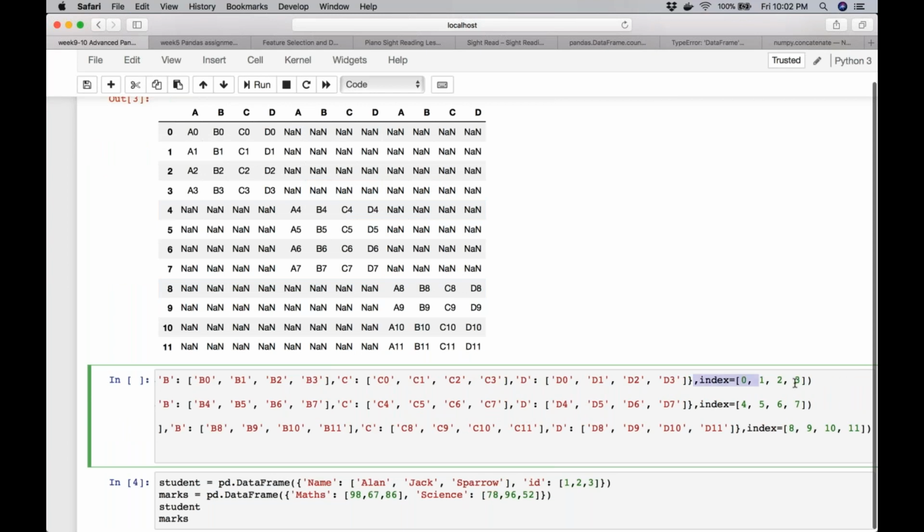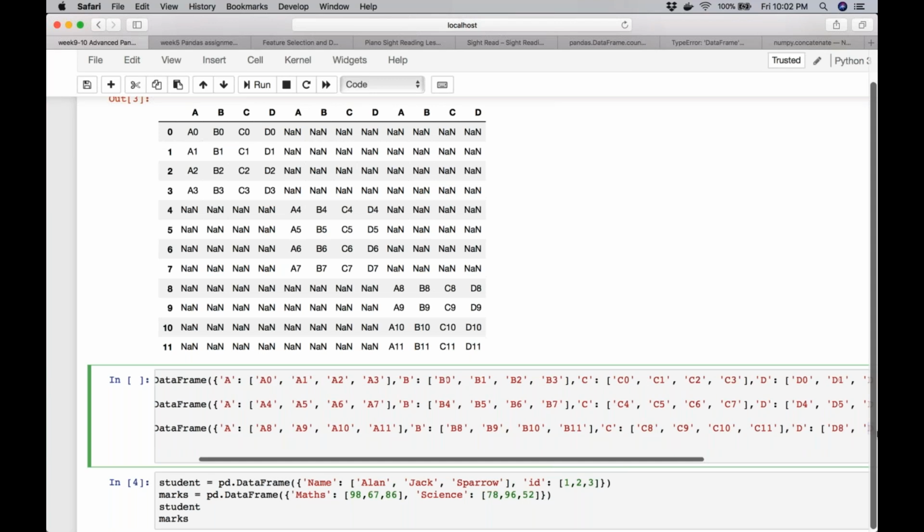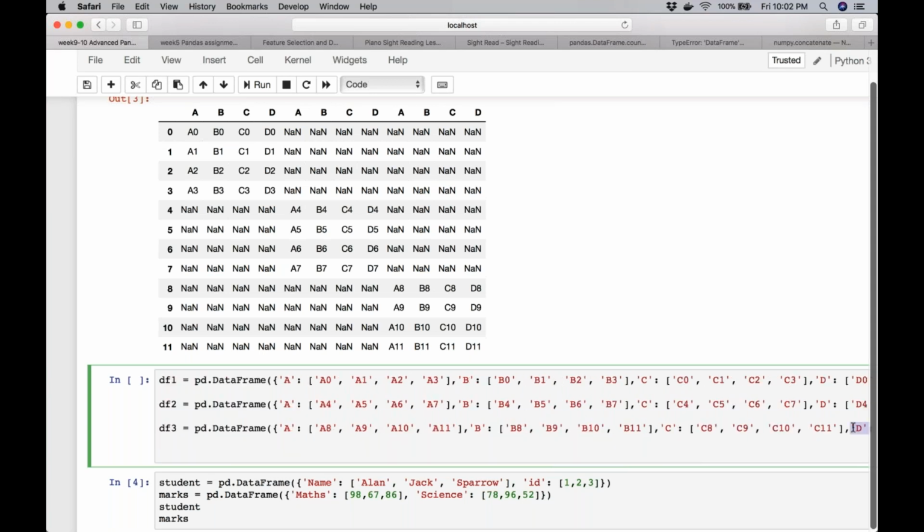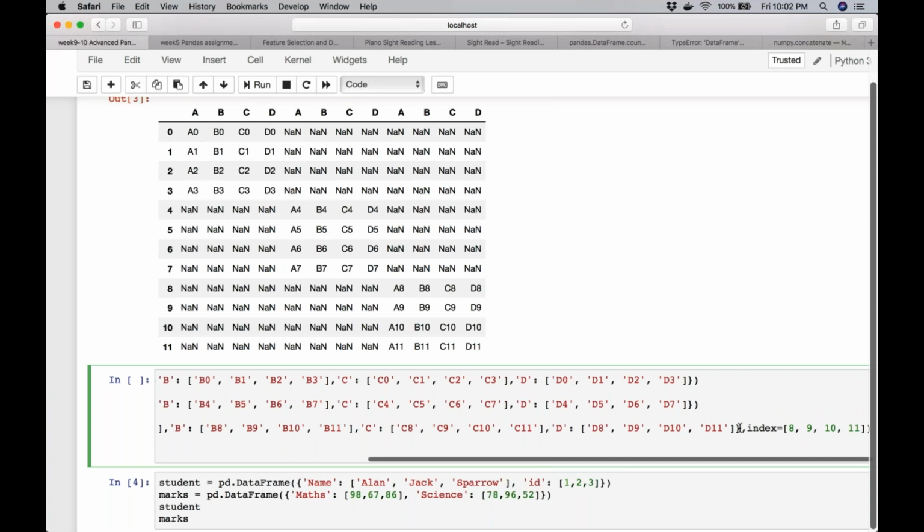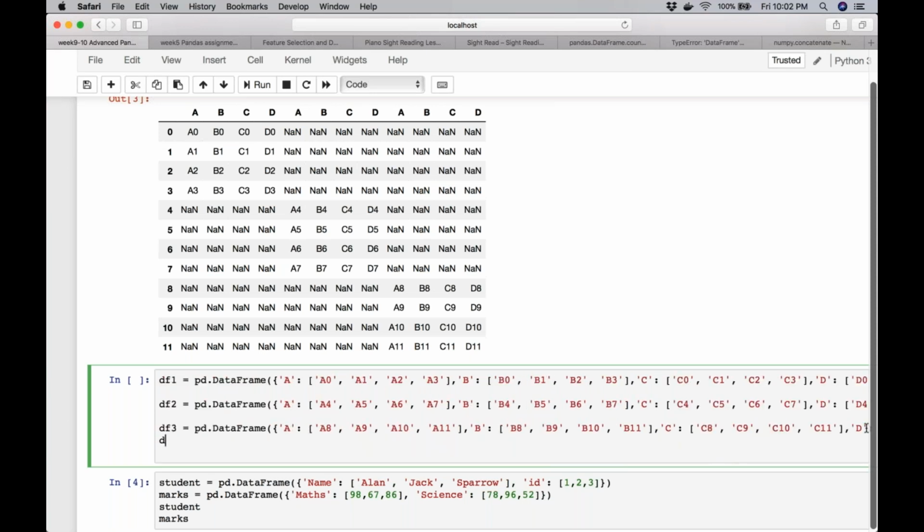So let me now create those 3 data frames once again without the index argument. What will happen if I get rid of this index specification? Anyone?